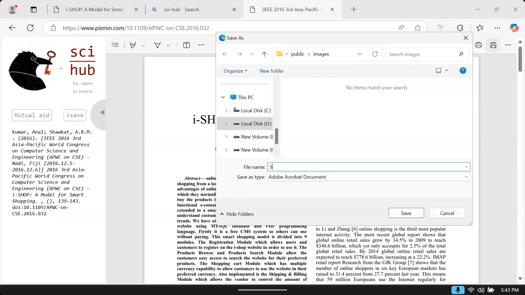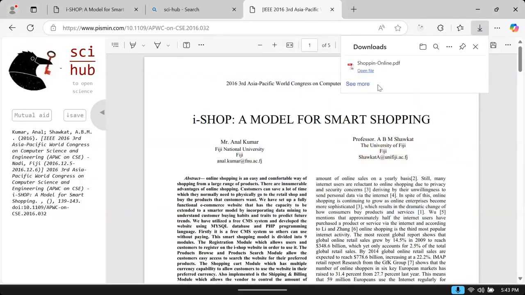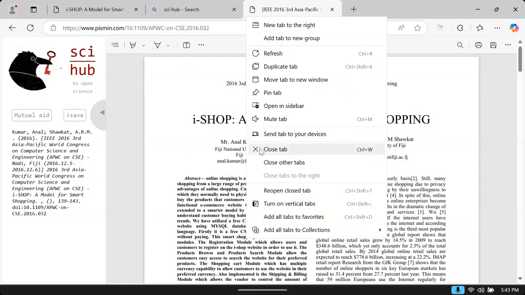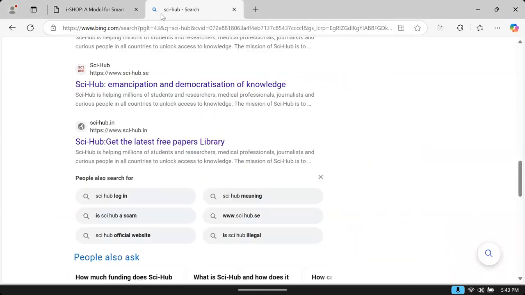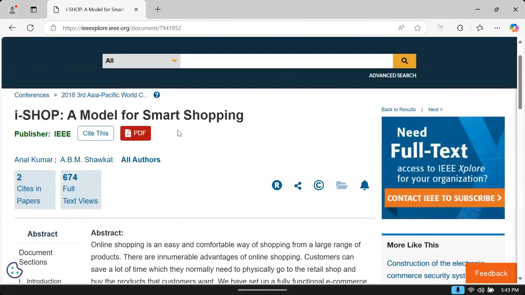Suppose shopping online. I will save this document here on desktop. I will save. Okay. Now let's open this document like this. You can search for various projects here. You can get the research papers, and it's not guaranteed that you will get every research paper like that. So if you are a member, you will easily get it. Otherwise, it's luck, because we need to hack them and see them.